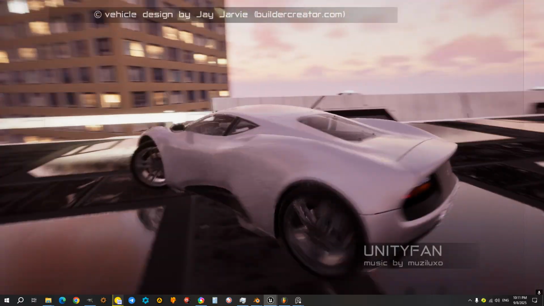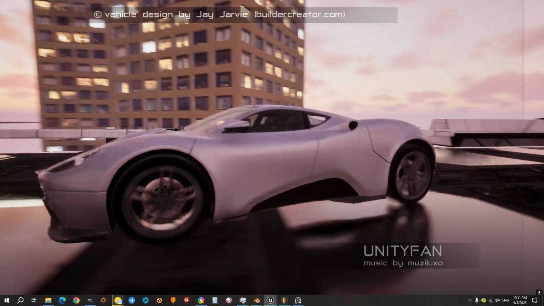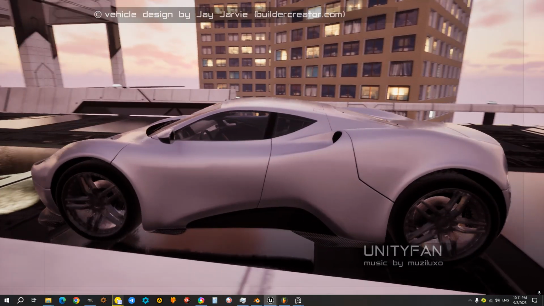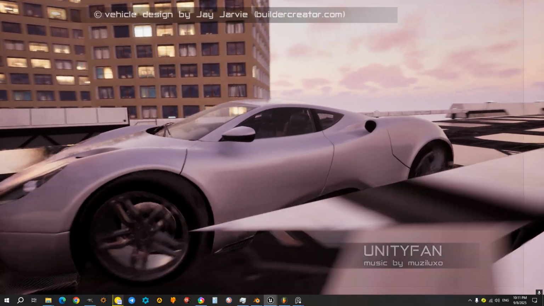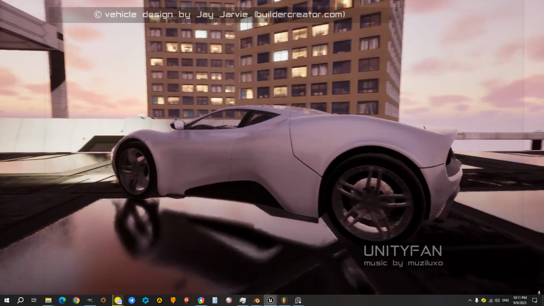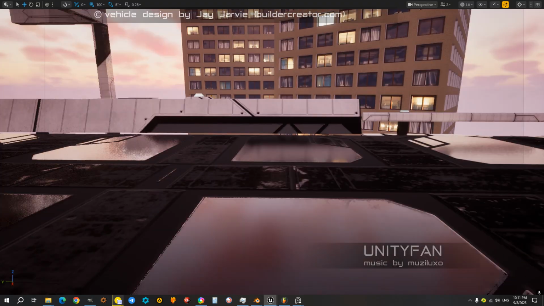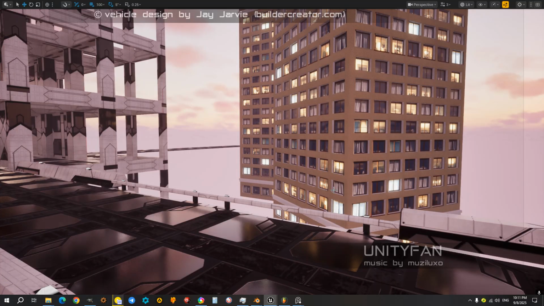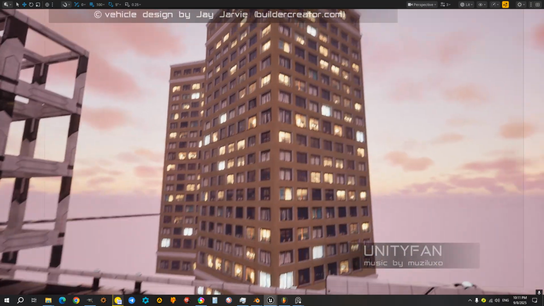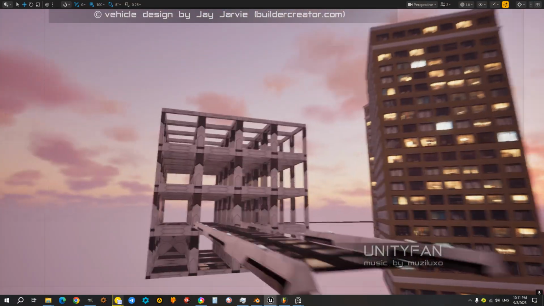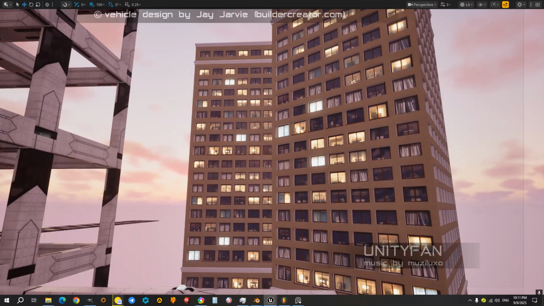Okay, probably this is it for today. I'm just checking how it works with motion blur. It works fine.